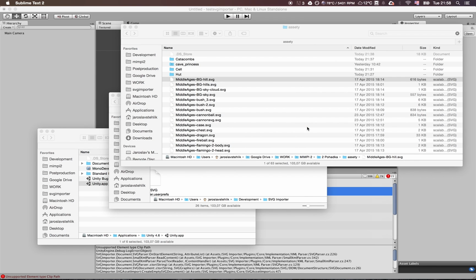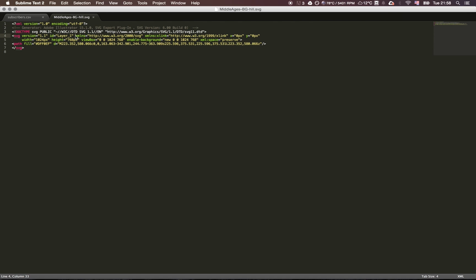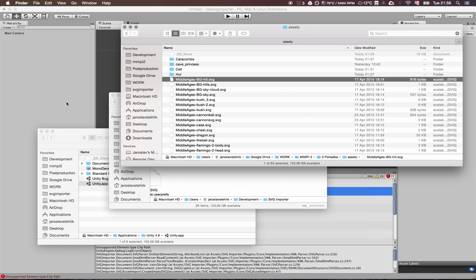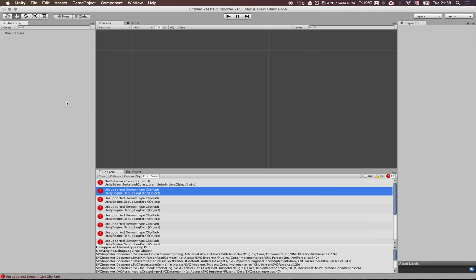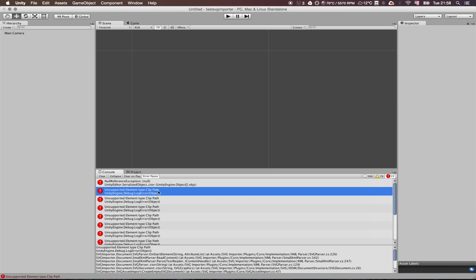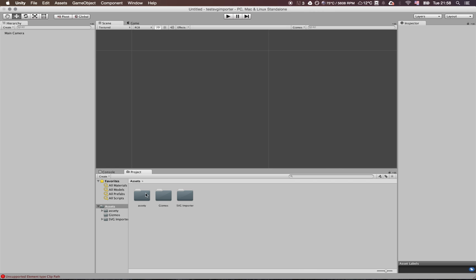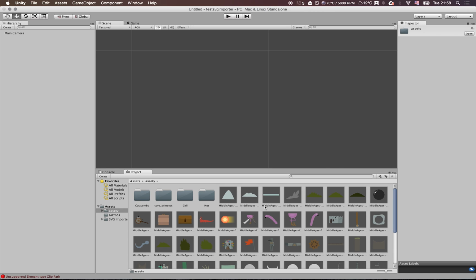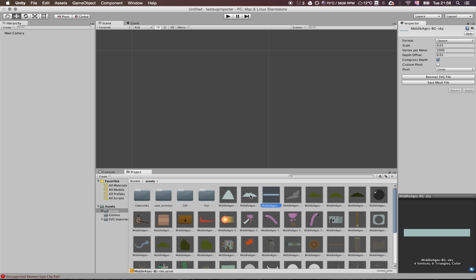This means that you, as a user, can make errors in this file. Of course, it is not always possible to interpret files with errors or unsupported features, so SVG Importer will tell you that there are some errors, and when you look at these files,